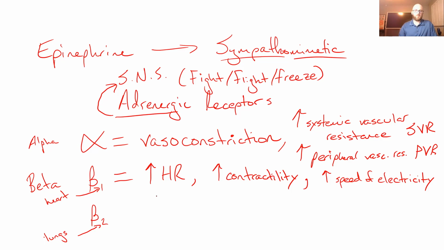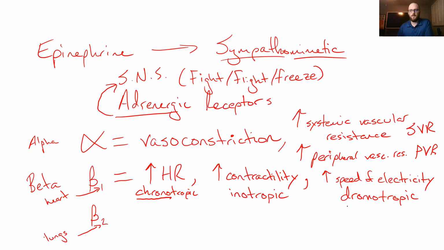Well, they've given it special names. Increasing the heart rate, we call that the chronotropic effect. The root of that, chronos, is time. A lot of people will take your watch off, flip it onto the back, and on the back of your watch, it'll say chronometer, which is a device that measures time. So chronos is time. The chronotropic effect is making the heart fire more times a minute, increasing that heart rate. The contractility is the inotropic effect. And the last one, the increased speed of electricity, is the